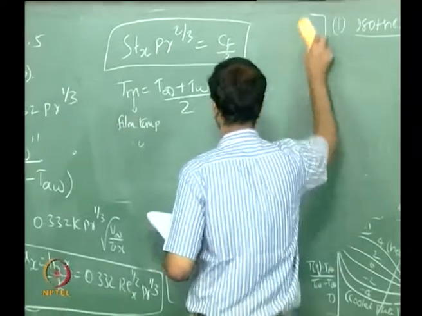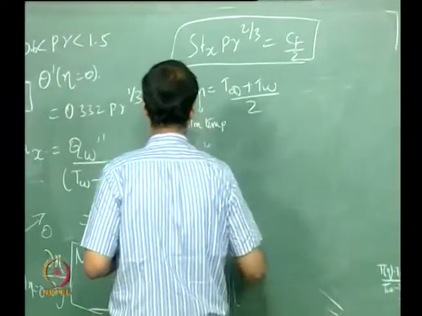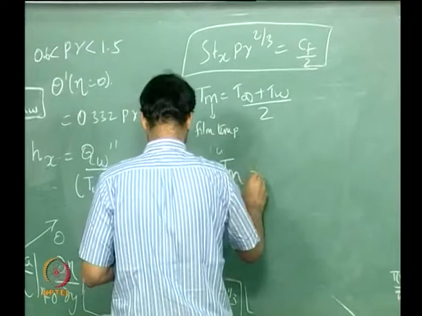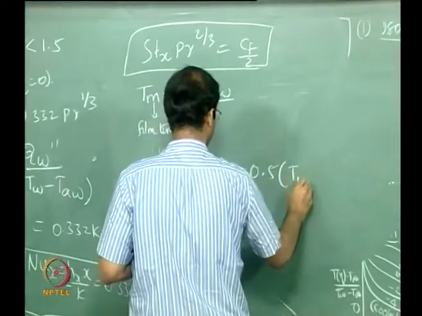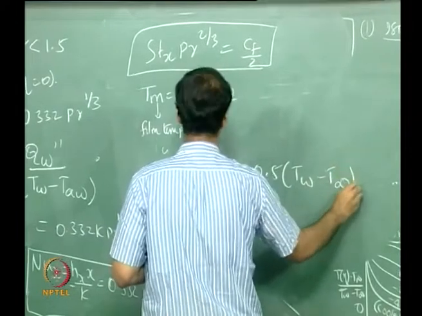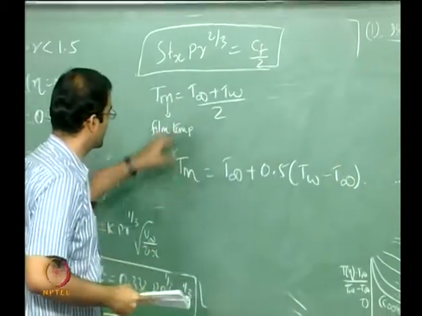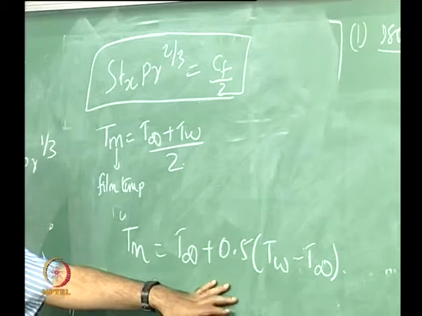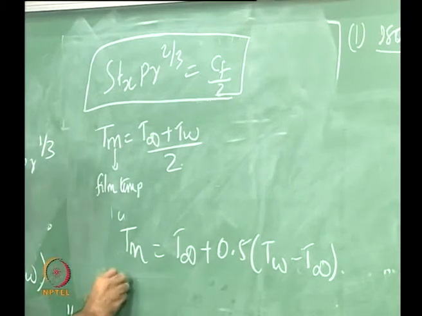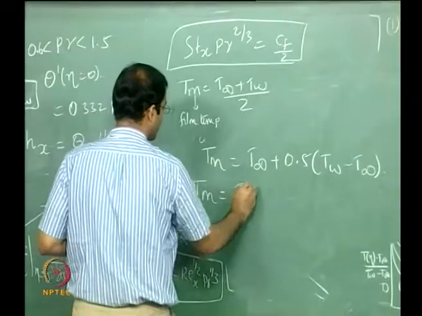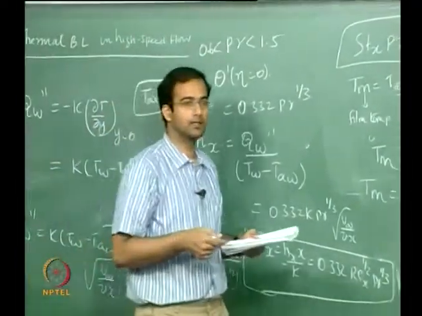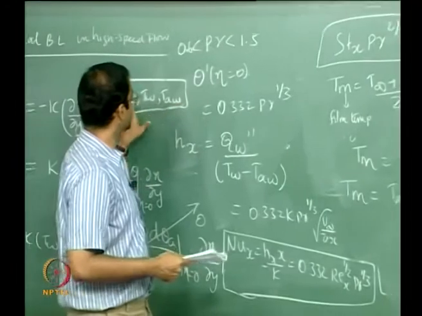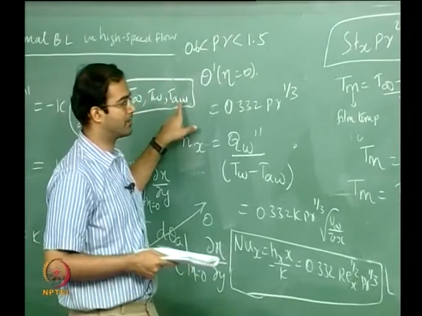Okay, so you can also extend this and write it like T infinity plus... okay, so you can write this in this form. Now, in the same way, in the case of high speed flows we have to define some mean temperature to calculate the properties. So now we have, as I said, 3 different temperatures to non-dimensionalize.